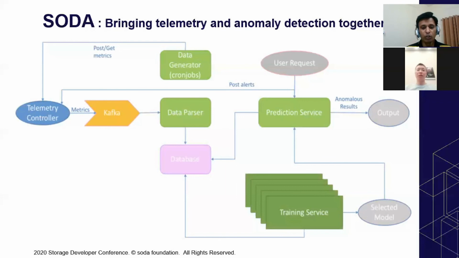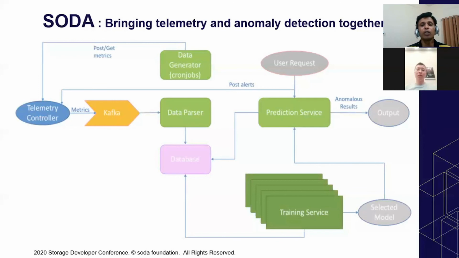The training service will use these metrics to create a model. The training service will be run on a huge data set, where millions of data points will be collected to create a model. Once the model is created, the prediction service can be run online when we collect the metrics, right? For the prediction service, as of now, we have implemented two algorithms to detect anomalies: one is Gaussian and one is DBSCAN. A user can set a threshold to differentiate anomalies from normal